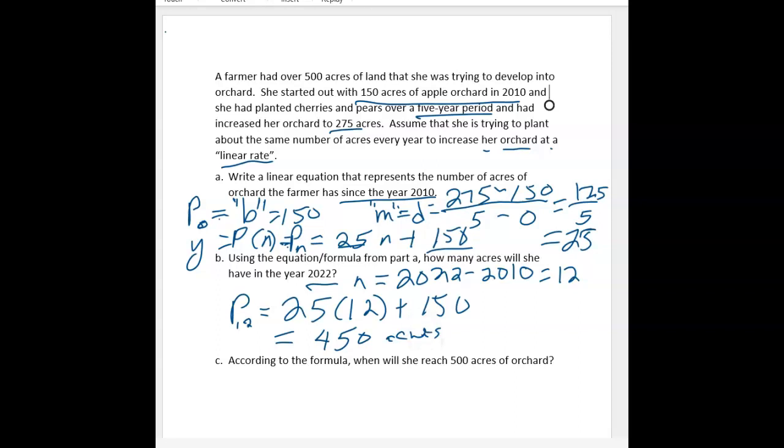Now it says, according to the formula, when will she reach 500 acres of orchard? Well, you can tell just by looking at this that that's only 50 acres away. And if you're doing 25 acres a year, that should take 2 more years. So that should be in 2024. If we did this using the mathematics, though, we'd say,